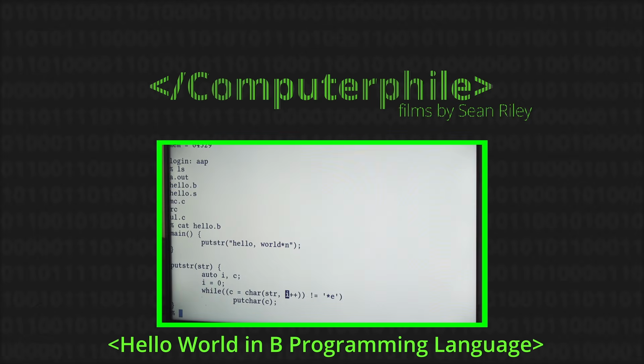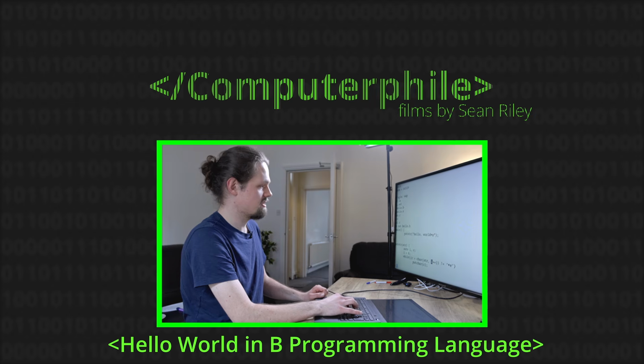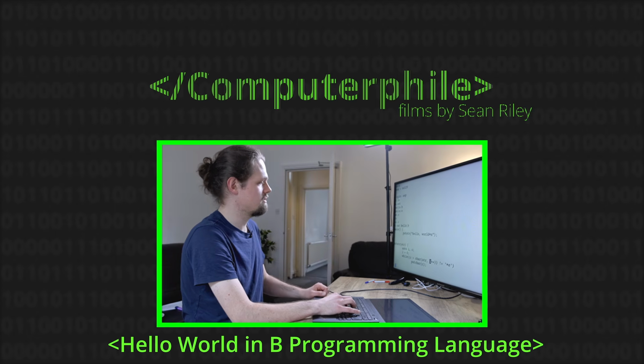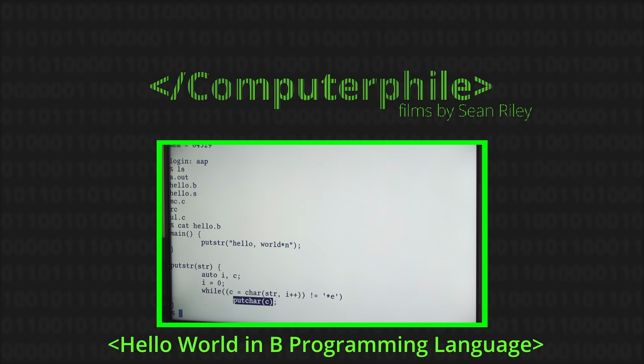Just goes character by character. So we get that, compare against the end of the string marker, and until that is the case, we just print the character on screen. So to see that in action, let's call the B command and give it